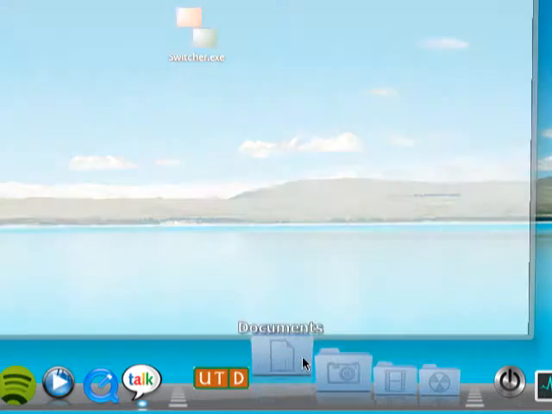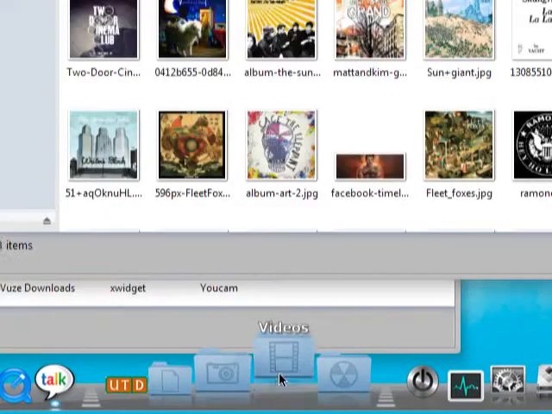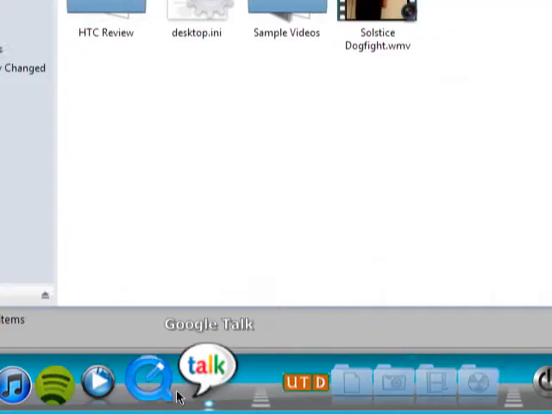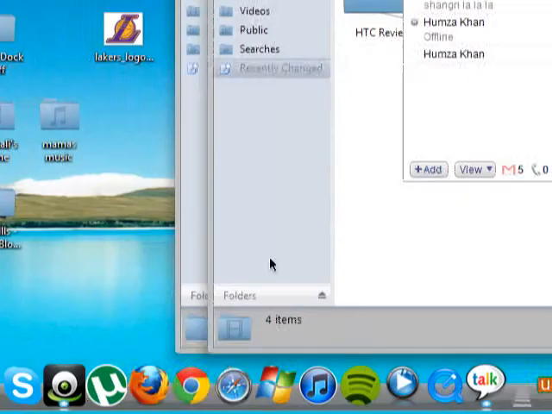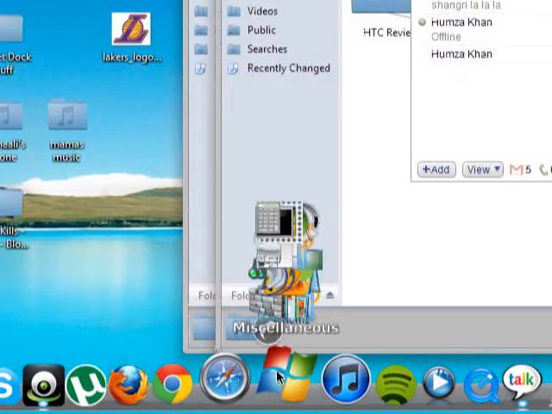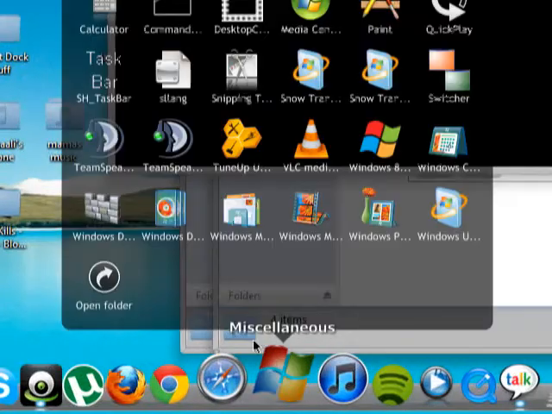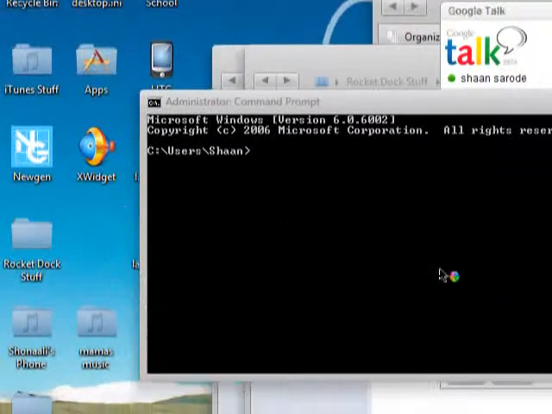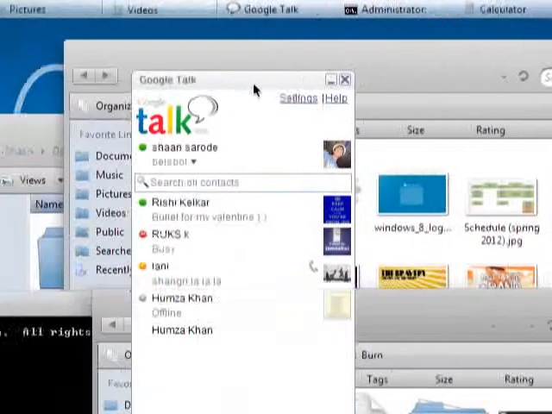So let me open a couple things. I'm going to open my documents window. I'm going to open up pictures, videos. I'm going to open up a Google Talk. I'm going to open up a command prompt. I'm going to open up a calculator. So now you can see I've got all these different things open, and it's really hard to keep track of